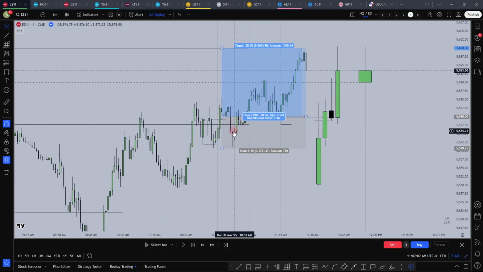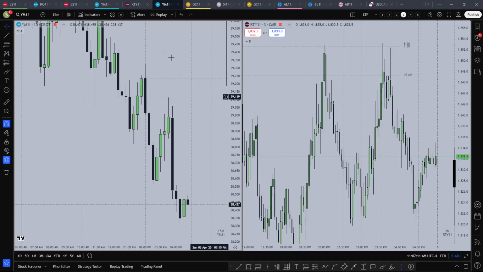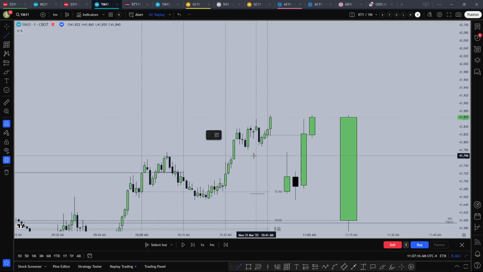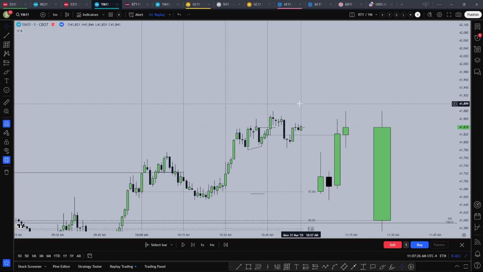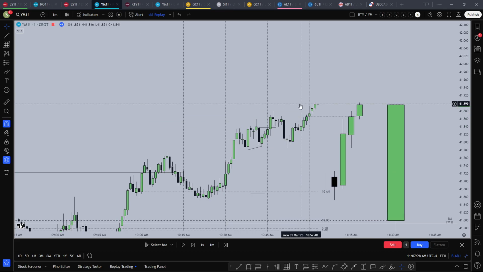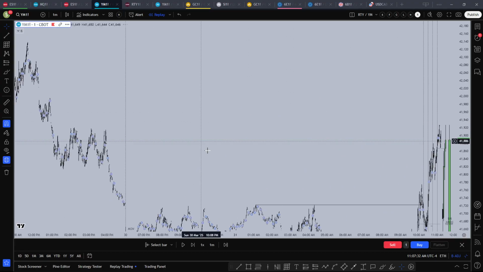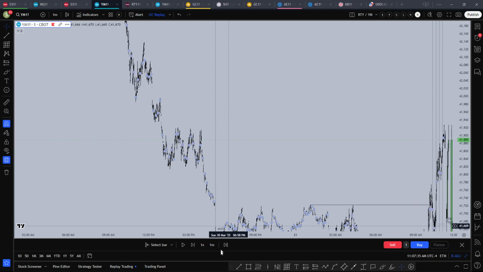I wouldn't have shorted. If I were to short, I would have taken that 9:30 around short on RTY. But let's have a look at YM or RTY as well. This was an SMT, so you could have, but ES was better. So I would prefer ES over RTY over YM because I don't have a logical reason to frame YM long higher.